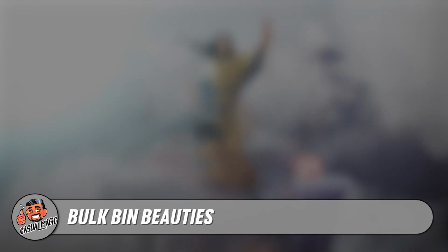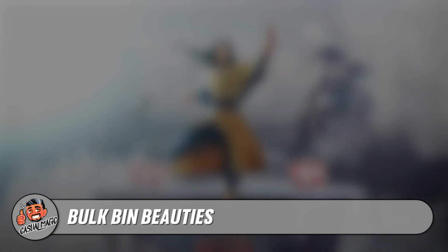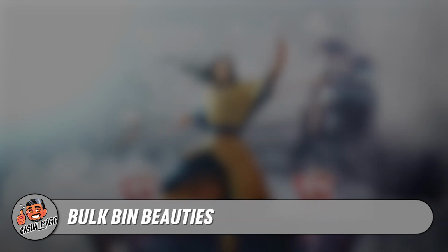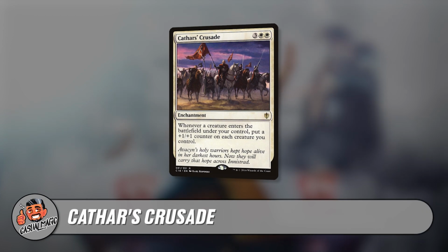The few times I've actually won with the deck, the thing I've found consistently happens is I get both Assemble the Legion to stick and several anthems. Once you start getting that built up, having a 4/4 come out every turn is just nuts. And I see that you very smartly left Cathar's Crusade off. I love that card, but